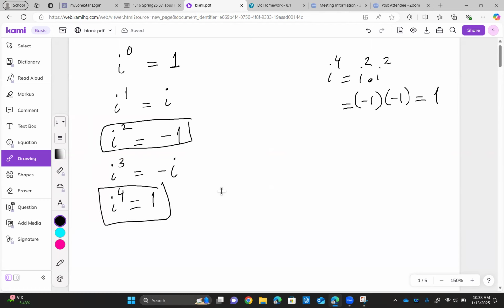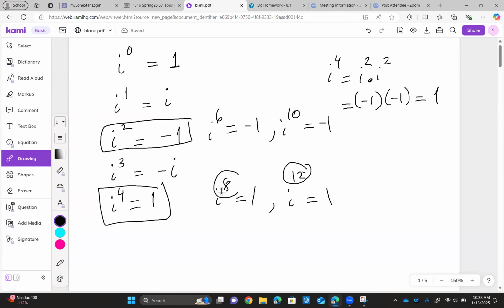So every time you have i to the 8, the answer will be 1, because 8 is a multiple of 4. Anytime you have i to the 12, the answer will be 1, because 12 is a multiple of 4. But every time you have i to the 6th, the answer will be -1. Or when you have i to the 10th, the answer will be -1. So when you have multiples of 4s here, the answer will be 1. When you have just the even powers of i, which is not a multiple of 4, the answer will be